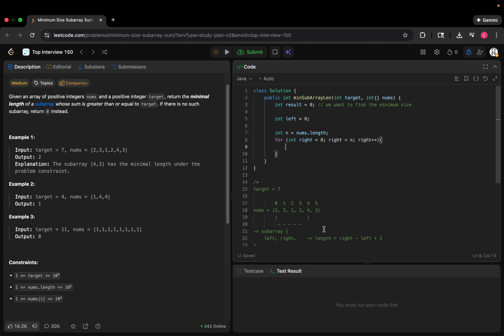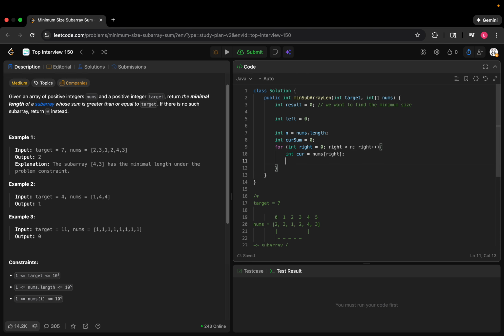We need the current substring length, and also an int cur sum, initialized to 0. Int cur is equal to nums[right]. Now we can update cur sum equal to cur sum plus cur. If cur sum is larger than or equal to target,